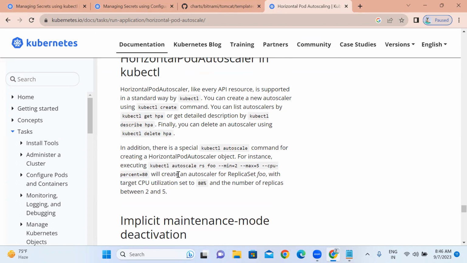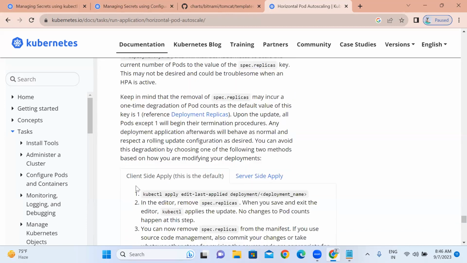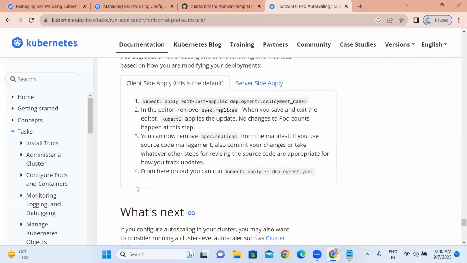So: kubectl autoscale deployment, minimum is 2, maximum is 5, CPU percentage is 80%. Like this we can specify. But instead of creating like that, we are going to create it through